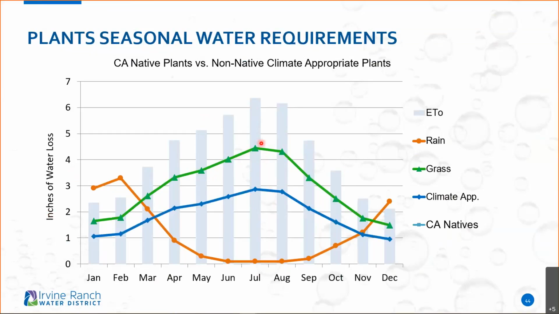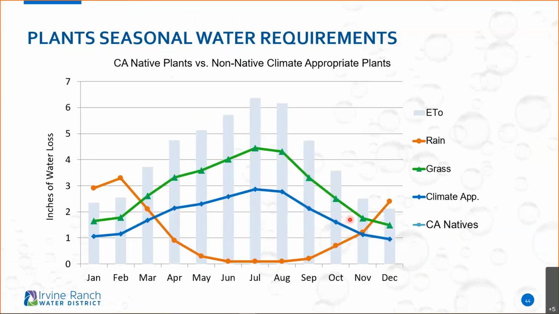Now, climate appropriate plants, when you start to use them, you can see that bell curve there. They do require water, so once June hits, this is when we usually start picking up our water use here. And right now, September hits, we should be down about 30%. Yes, it might be warm still, but the days are getting shorter. Plants know this, they start to shut themselves down. And then October, November, now we should be really, really down here. So make sure that you look at your sprinkler timers and get those times down.